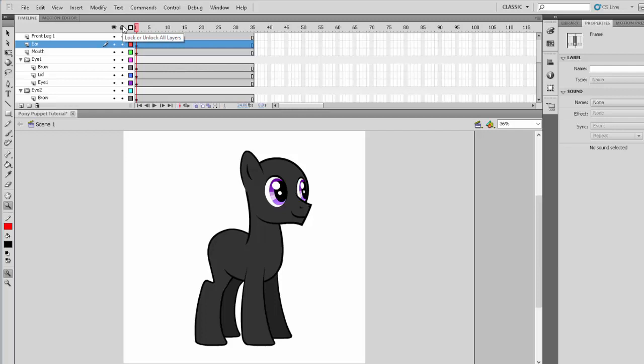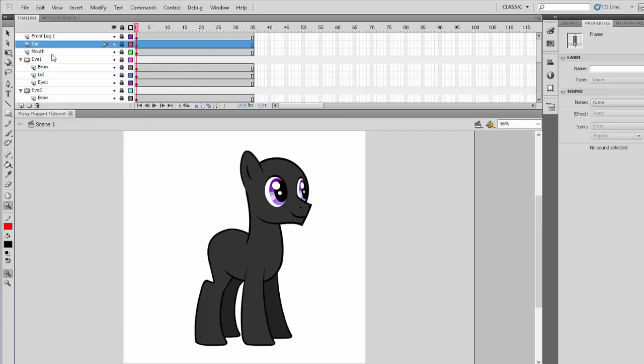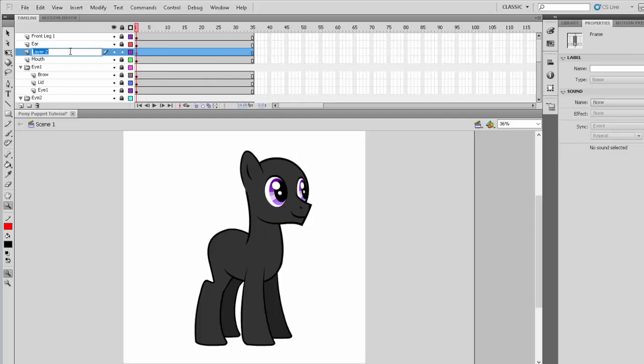So now that we got the belly patch out of the way and all the details are done, we're going to create the horn next. Lock down all your symbols, be sure to save your work. And I think I'm going to put the horn between the mouth layer and the ear layer. We're going to make a new layer, call it horn,